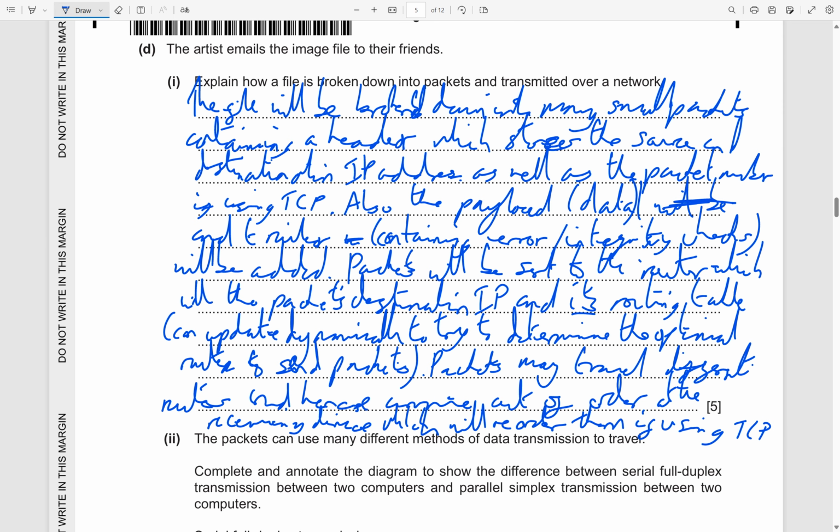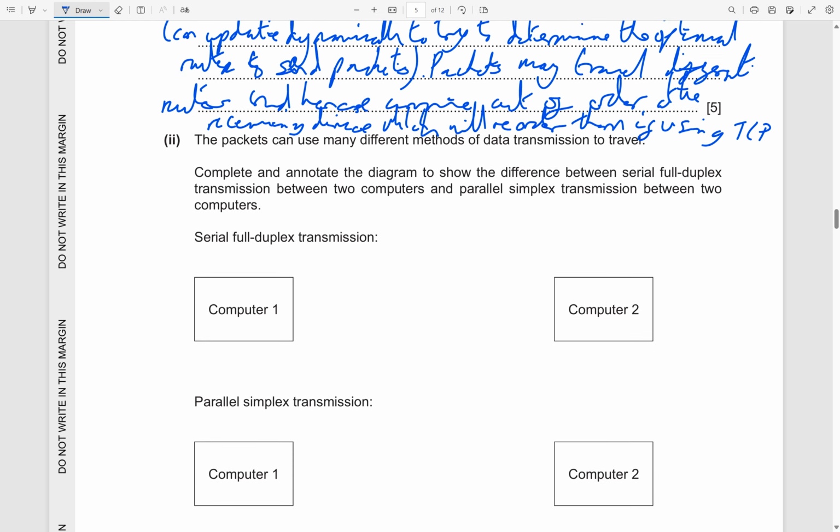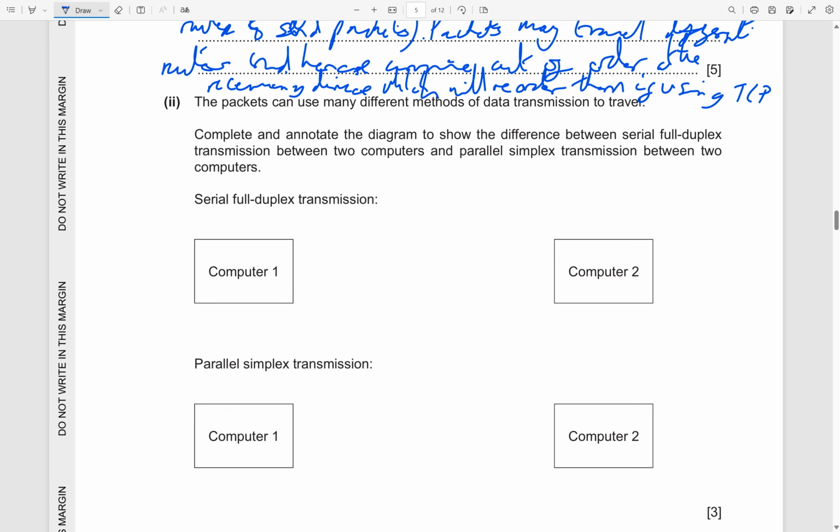Yeah, okay, so hopefully that should be enough for 5. Right, then the packets can use many different methods of data transmission to travel. Complete and annotate the diagram to show the difference between serial full duplex transmission between 2 computers and parallel simplex transmission between 2 computers. Right, okay, so serial, of course, that means the data is just sent 1 bit